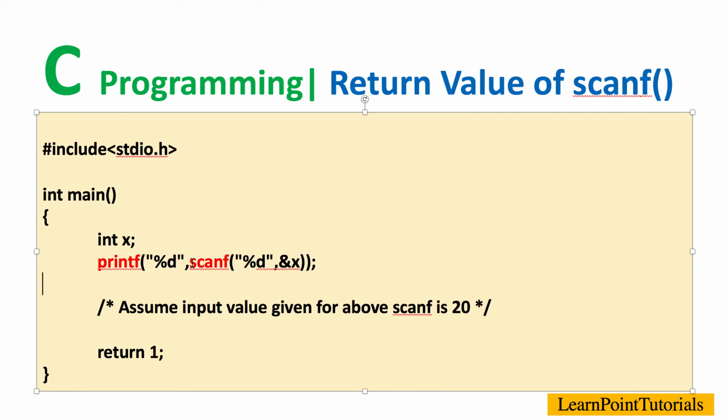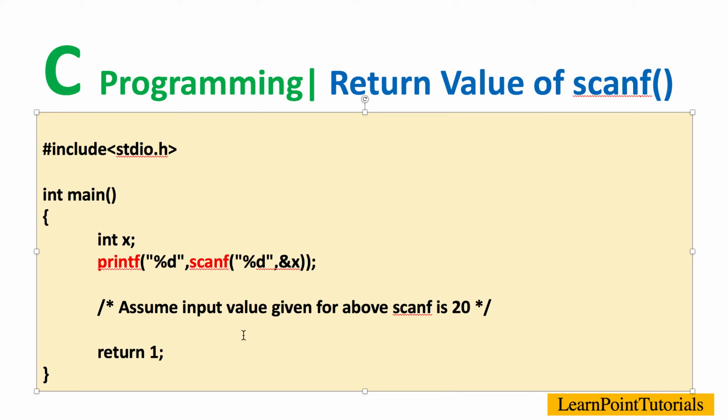So typically, we need to understand what is the value of the scanf function. What does it return? The scanf function returns the number of inputs that it has read. Now in this case, scanf is scanning one input and storing it into the x variable, right? It is scanning an integer and storing it into x. So how many inputs has it read? It has read only one input, right?